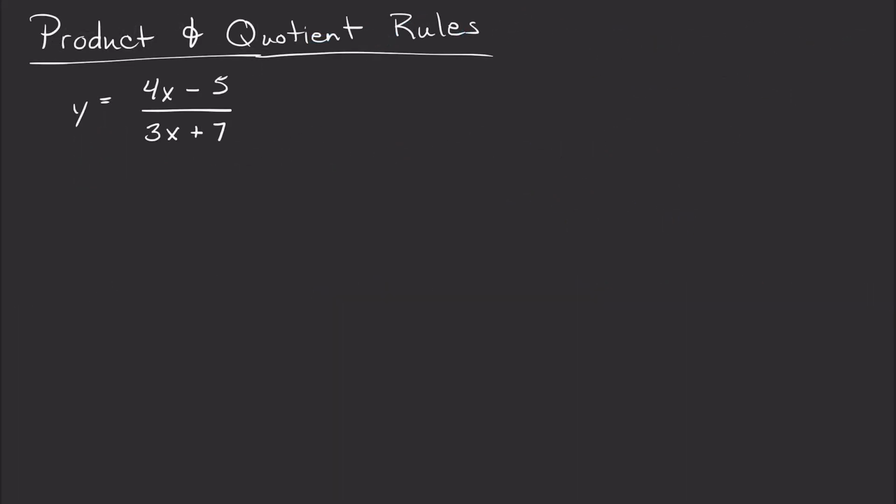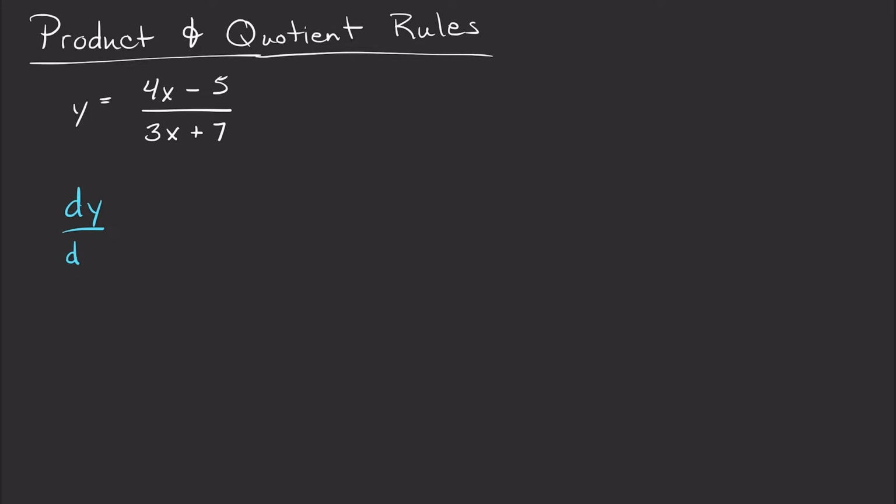Okay, so now that we've practiced using the constant multiple rule and the power rule quite a bit, now we can use our product and quotient rule. So the function that we have here looks like a quotient of two things. So our quotient rule